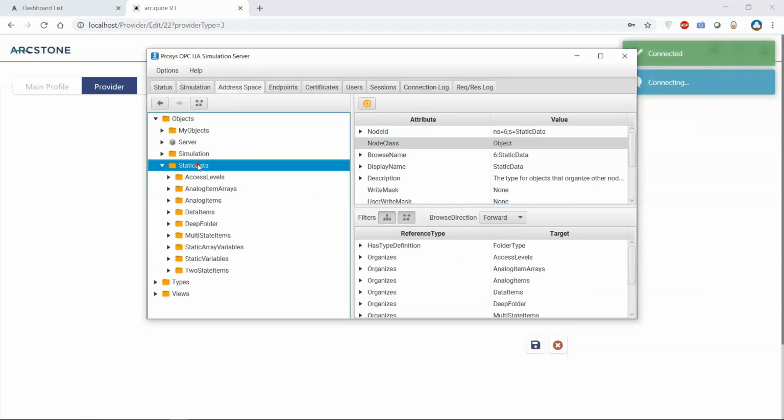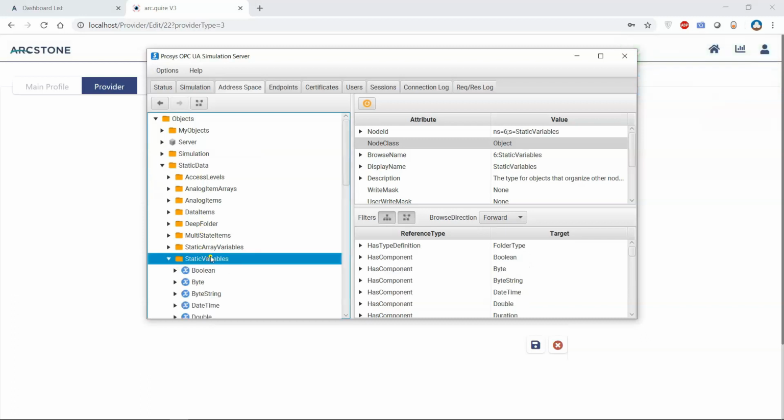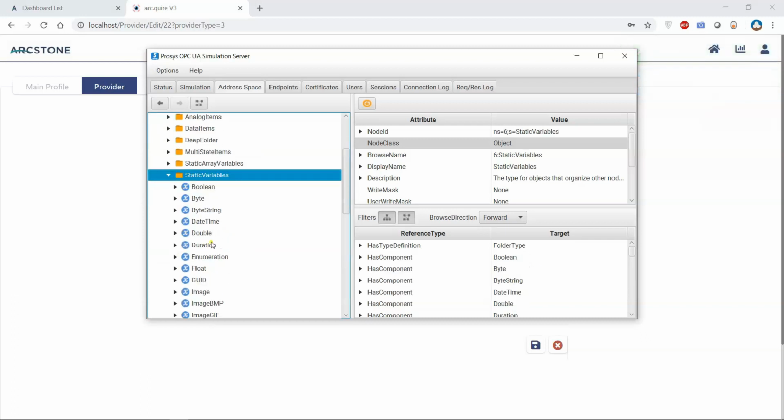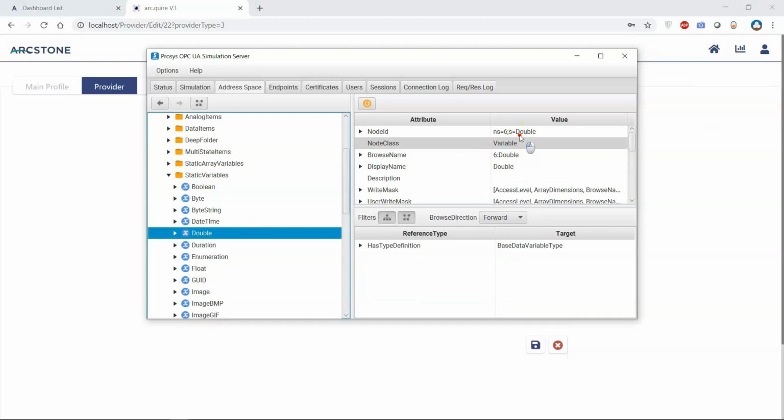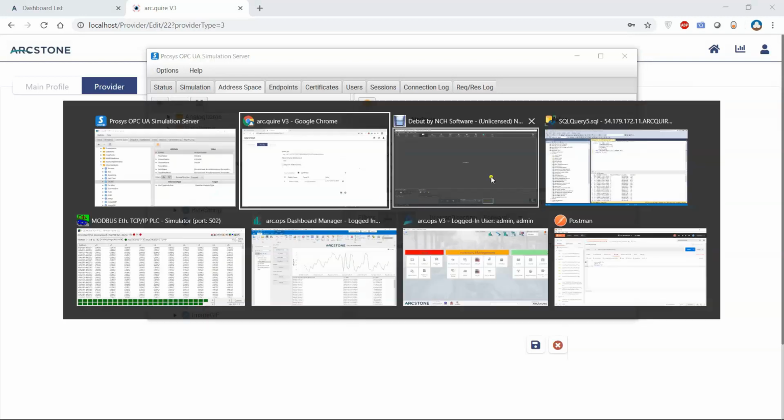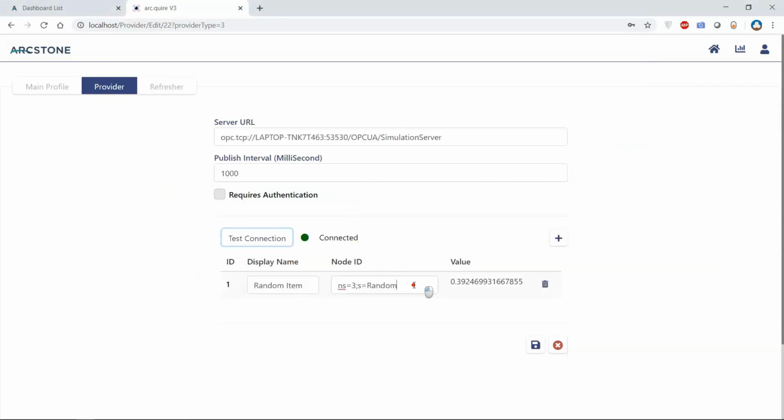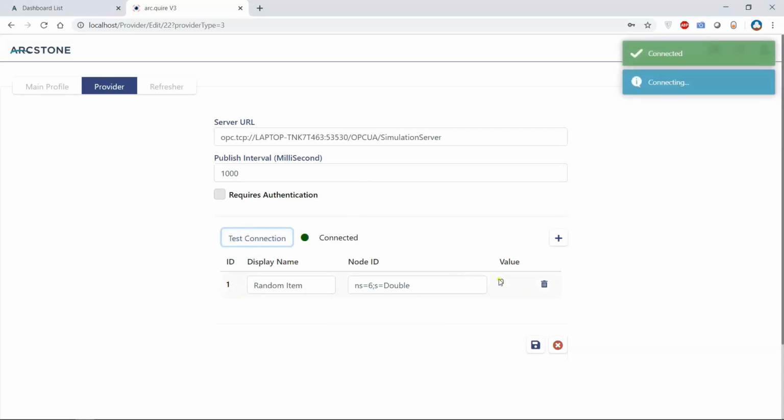Now let's go and take a look at the static data. I'm choosing a static variables folder, and the node that I'm using is a double data node. This is the node ID that I'm copying. When I paste into here and try and read, you will see that the value is 0 and this value is not changing. Now let's go ahead and revert the node ID to read from the random item node ID